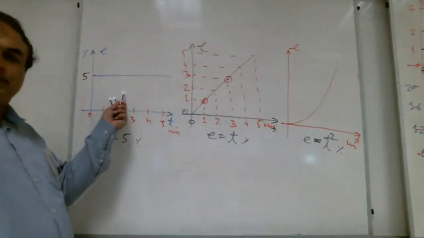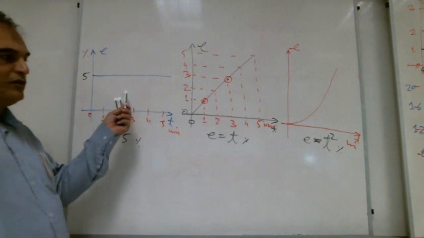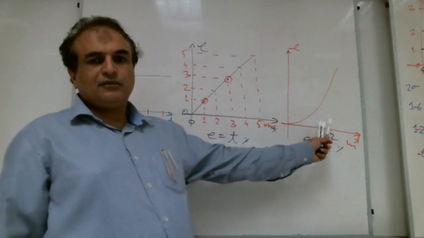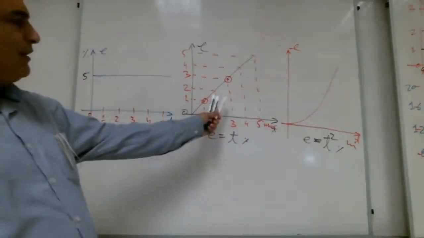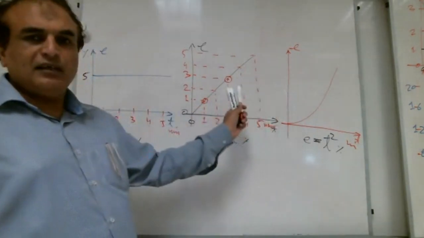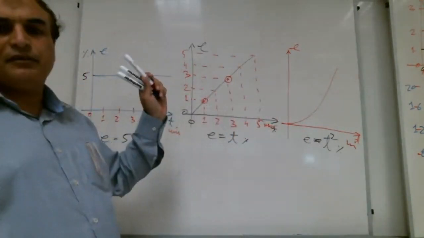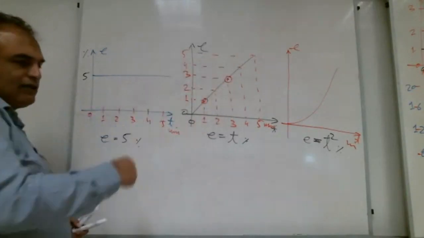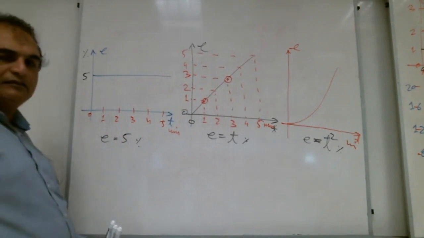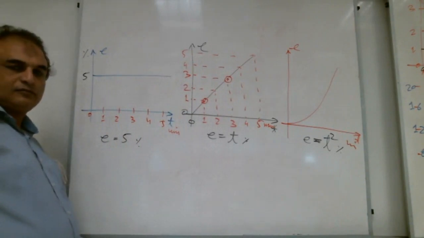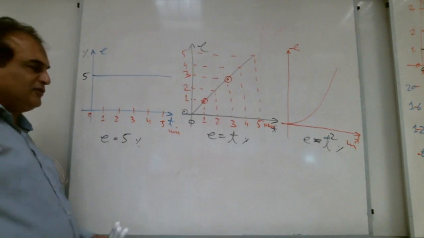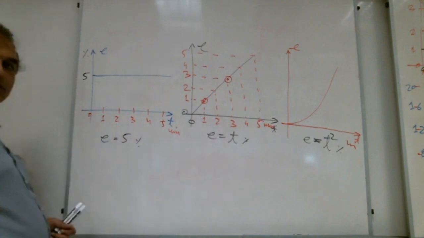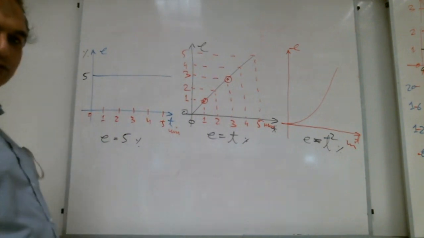This one is the most stable, right? This one is the most unstable. Very good. And this is in the middle, more stable than this one and less stable than this one. Right? If we want to go from constant to changing, what should we do mathematically? We have this constant error. We want to bring the t.